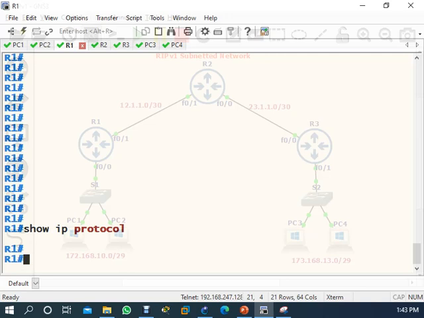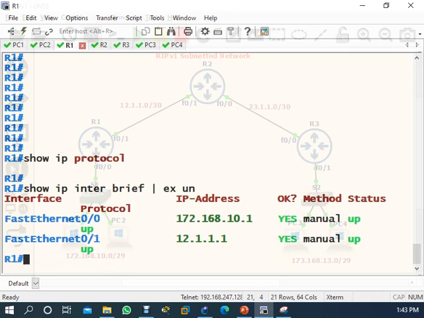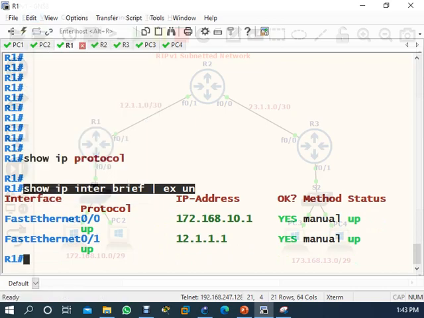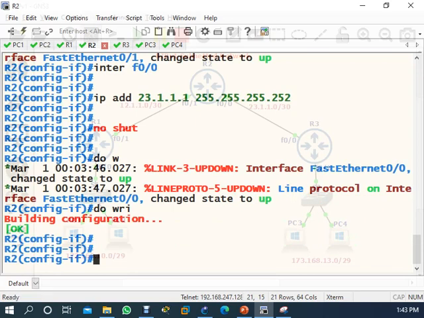Now type show IP interface brief exclude unassigned. Okay, the IP is configured as per the interface, right? And the IP is 172.12.